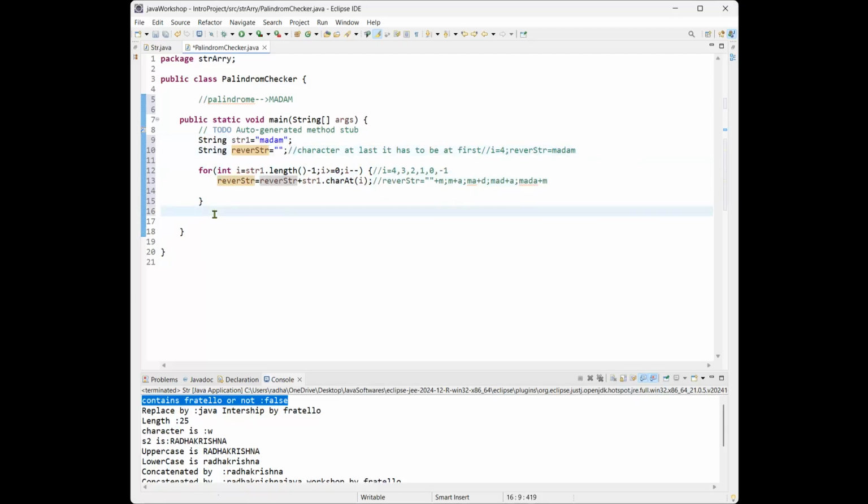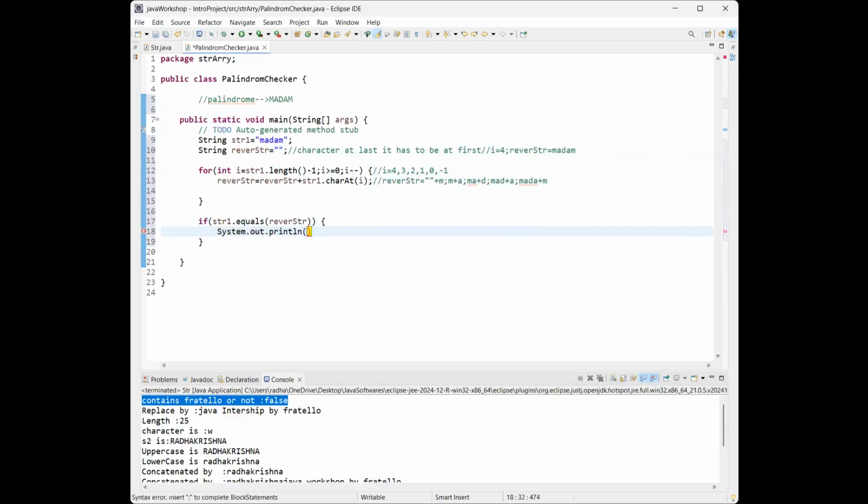So for that, I will check: if str1.equals(reverse string) or not. Whatever we reversed, is that equal to the original string or not? If it is equal to the original string, then we need to print, println, given string is, okay, given string is,